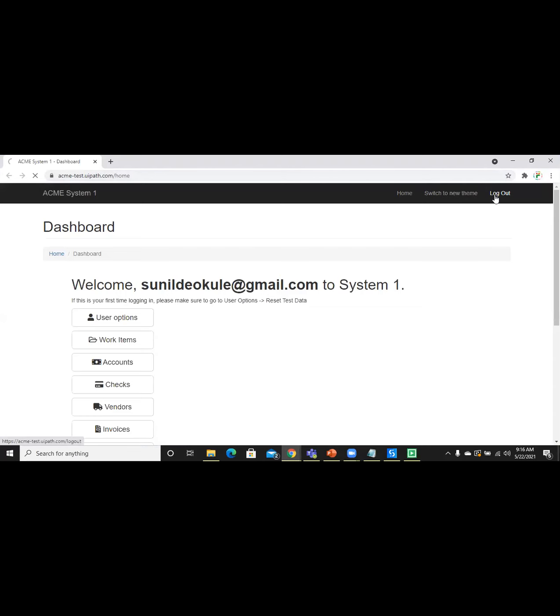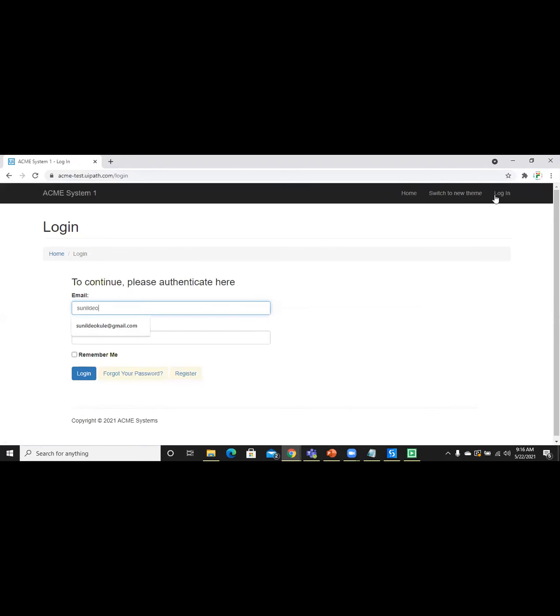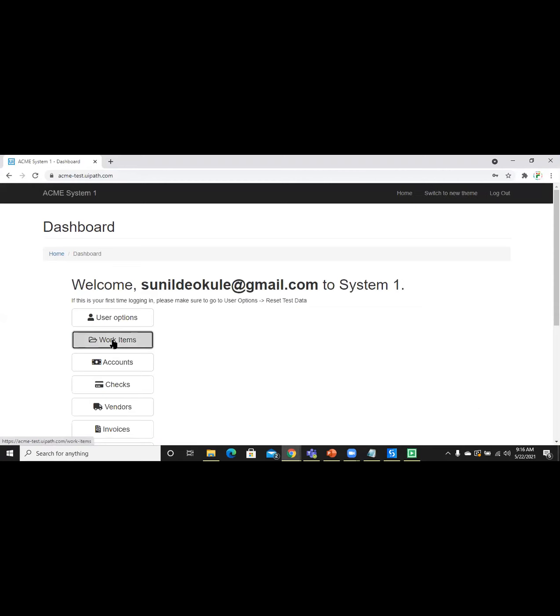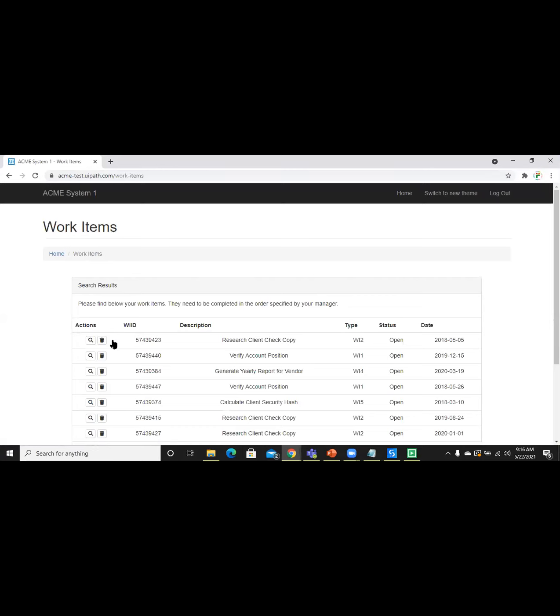These are the working methods in any IT industry, because there should be some automatic operation. They need to go to the website, click somewhere, enter some data, get credentials, perform some operation, and at the end we want some data in email. And every time the data will be new, because you can see actions, WIDs, descriptions, type, and status.